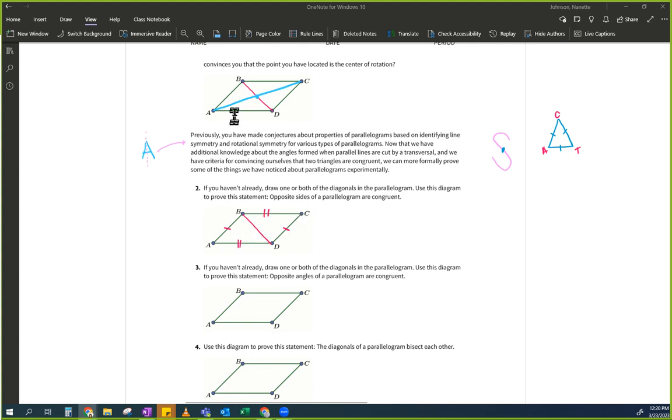But what you can do is, you guys all said, I think this has rotational symmetry, Miss Johnson. I think I can spin this thing. And is everybody convinced? Can you spin this thing? Can you spin A so it lands on C? Yes. Because we can spin A and it lands on C, so I'm going to pull these apart as